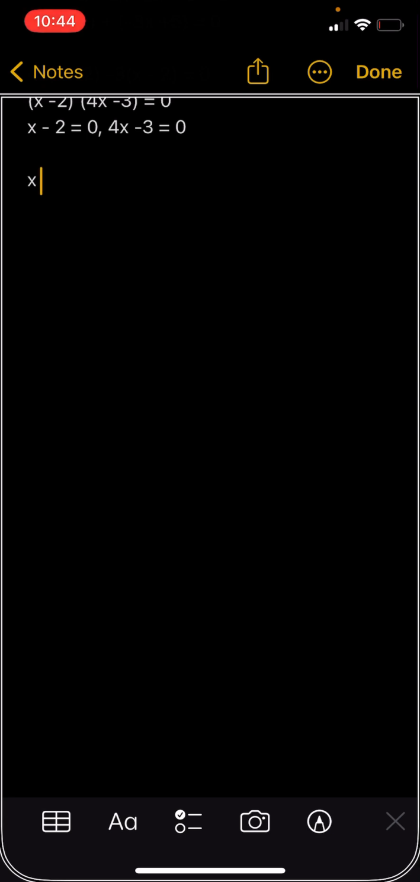So we have x minus 2, and here we're going to add a 2, and that will be equal to 2. So in this case, x equals 2. The other binomial says 4x minus 3. Now we need to add a 3 on this side in order to get rid of that 3. And that will be equal to 3. On this left side, the 3's will cancel out, leaving us with